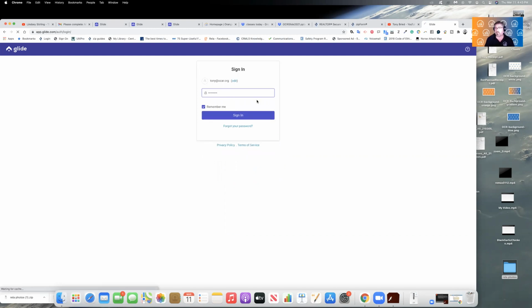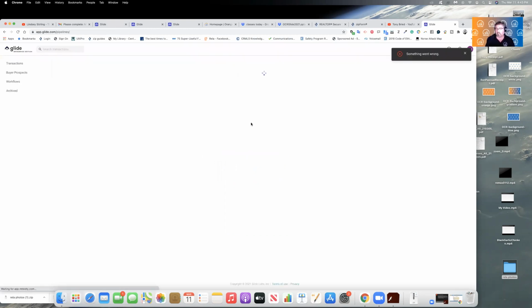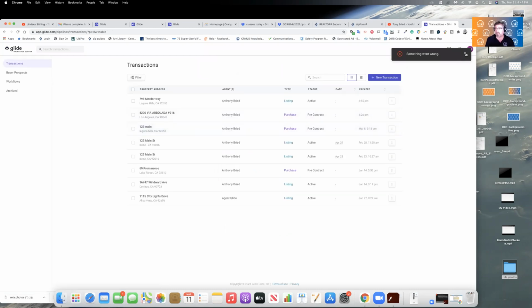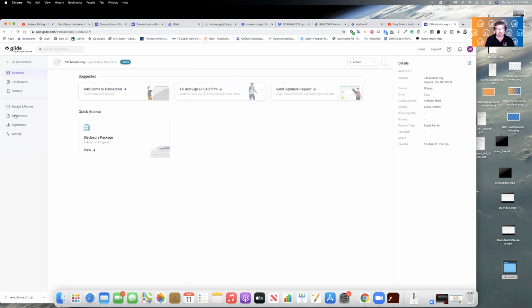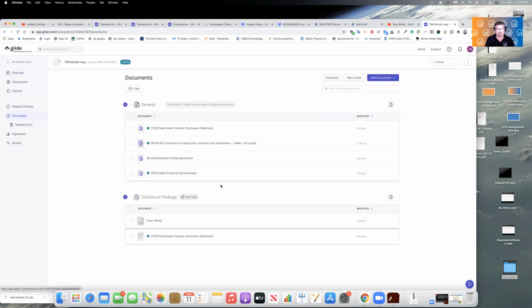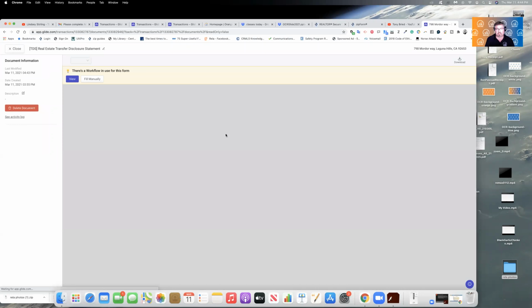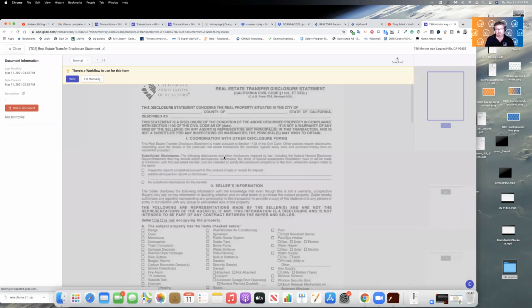The agent gets an email: Hey, your client has successfully completed the seller's disclosures inside of 30 seconds inside this transaction. I can now go into this transaction here, hopefully. Look at my documents. And I can see here that at the TDS, when I click on it, even though I do see that PDF file there, we're going to see here,